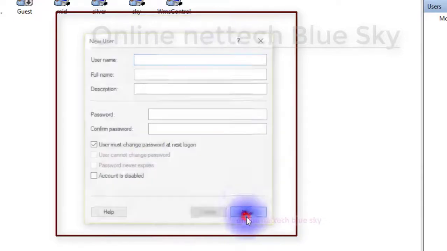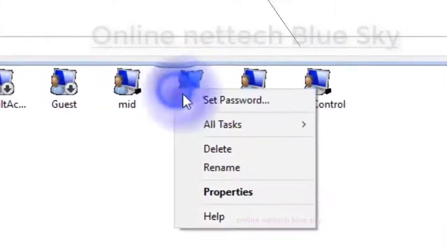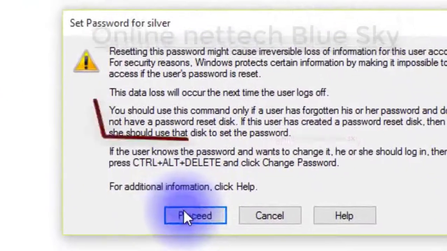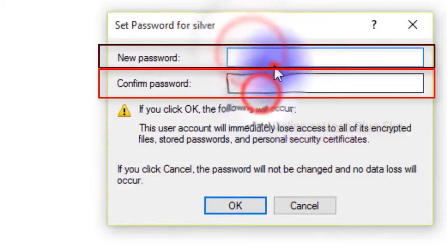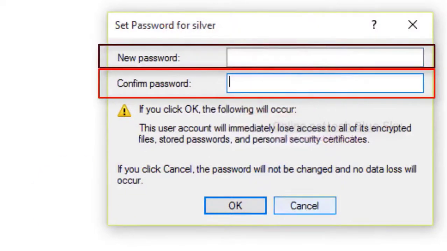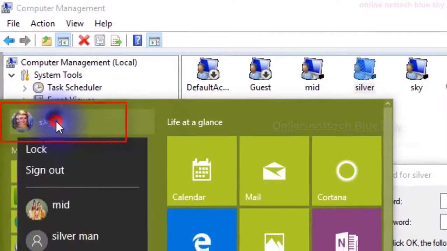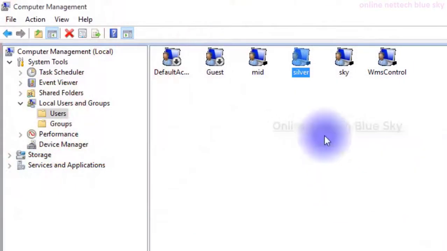You can create a new user: right click and choose new user. Then you can see properties, click on properties here, and first you can see set password. You can directly set the password with this option here. So if you want to change it, click on password, click on proceed, and this way you can change the password here. Okay, so it depends on your system and the system administrator tools, which differ by type.